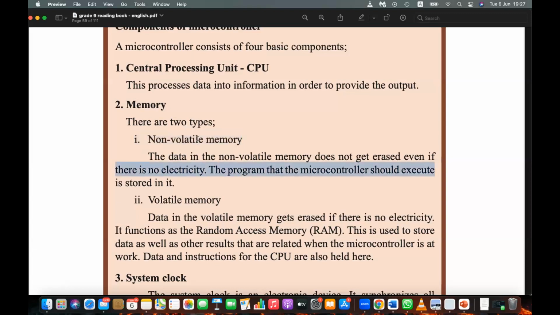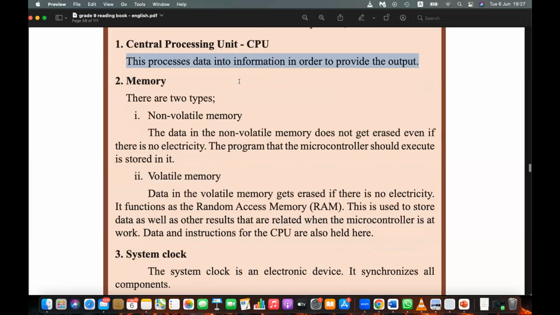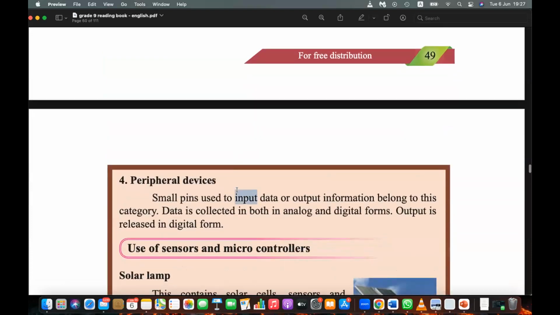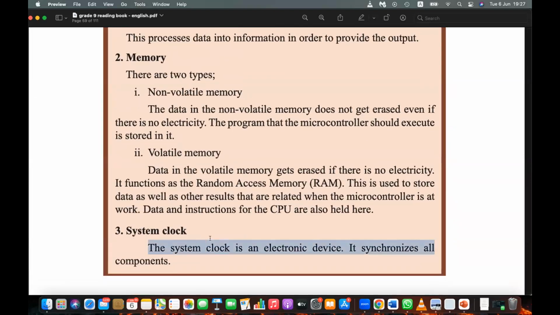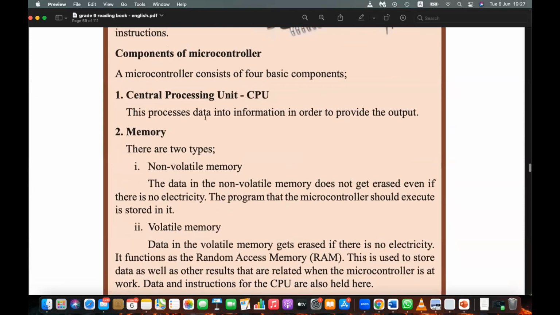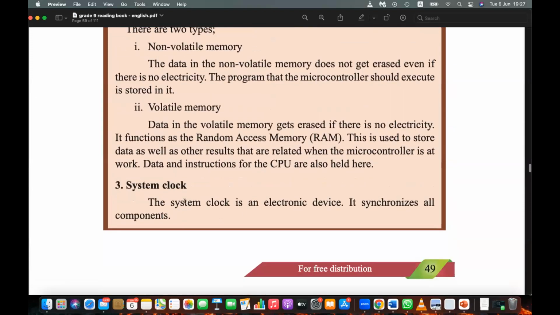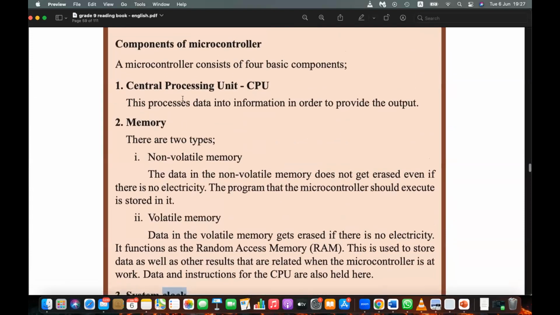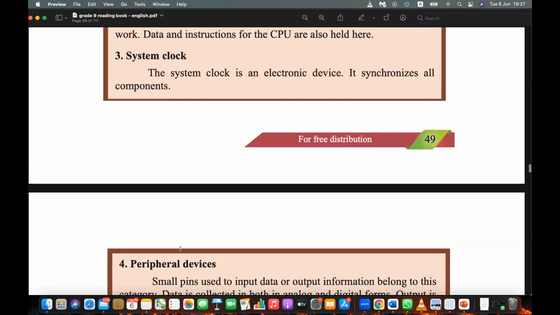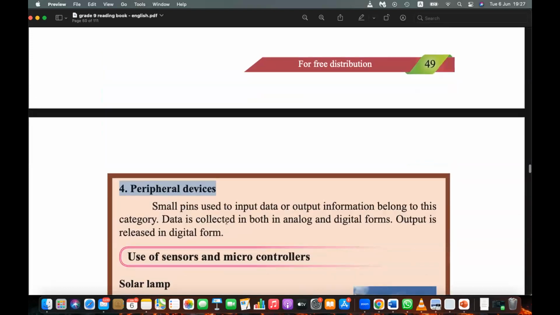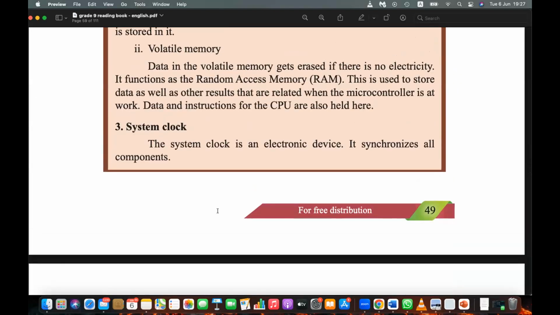It also has peripheral devices, input output devices. And it has a system clock which is used to synchronize everything. All the devices, the central processing unit, memory and peripherals, work according to a single timer.